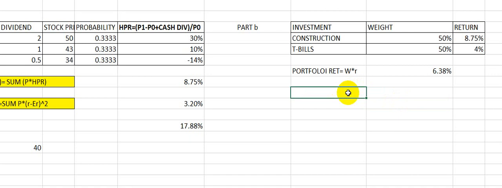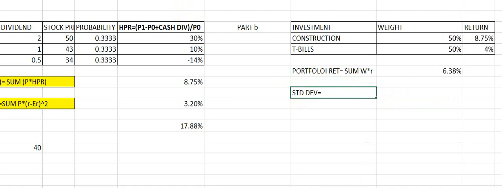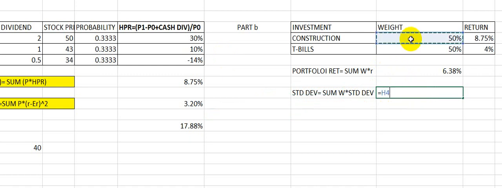Again, the standard deviation for a portfolio is also equal to, okay, I forgot to write sum of W times R. Okay, the standard deviation is also equal to sum of W times standard deviation. Now let's notice this. So it's equal to 50% times the standard deviation for the construction industry, which we have calculated in part A and was 17.88%, plus